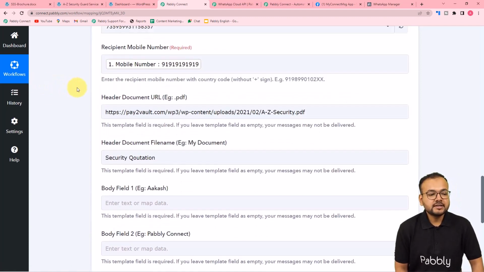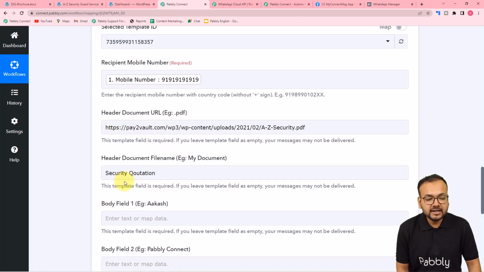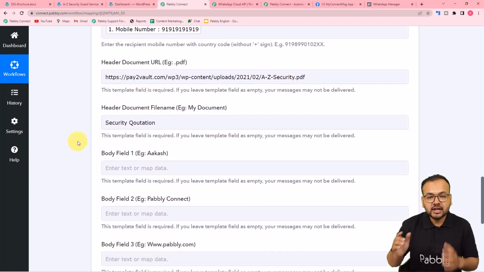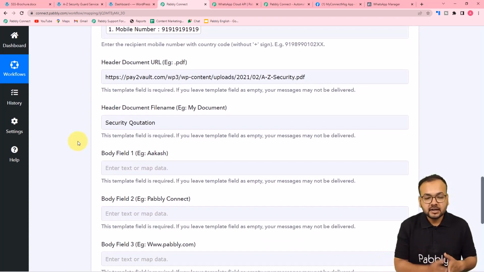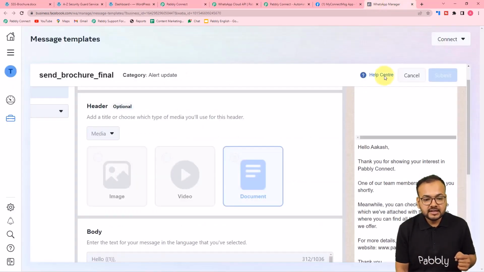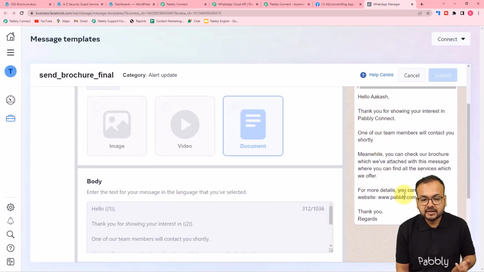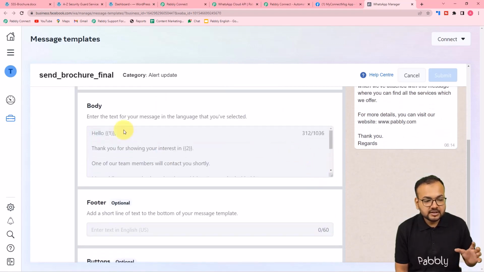All right, so the things that you are putting here manually are going to remain the same in the message that you are sending. But guys, there can be a few things which you can change with every new message you are going to send with the help of the template. For example, you can see in this message we have this Akash written here, Pabbly Connect is here, and the website address here. But here you can see in this body box, here we have typed the main body of